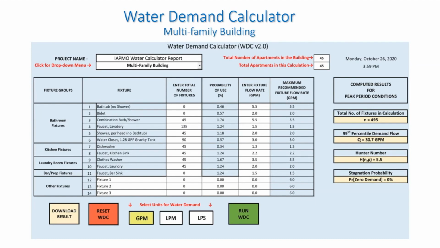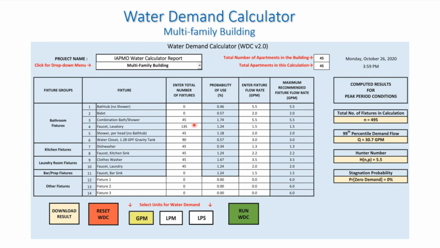And we call this the water demand calculator. This replaces the fixture unit method that we just saw for estimating peak demand. There are no fixture unit tables. That's not needed, nor is there a design curve. This is moving Hunter into the 21st century, using a spreadsheet rather than plotting things on a graph. So the only input needed is the number of fixtures,